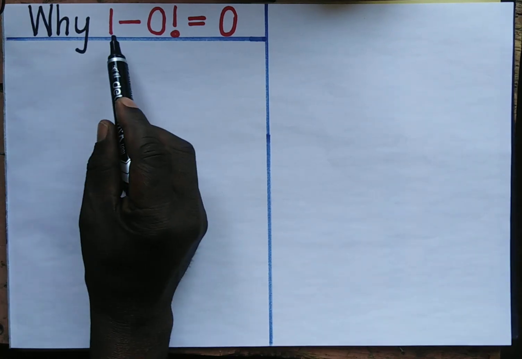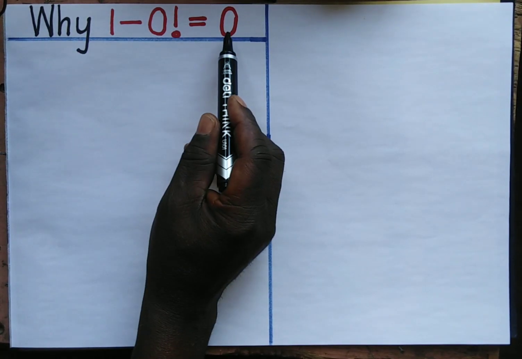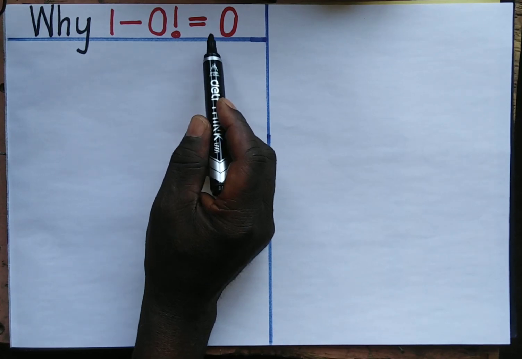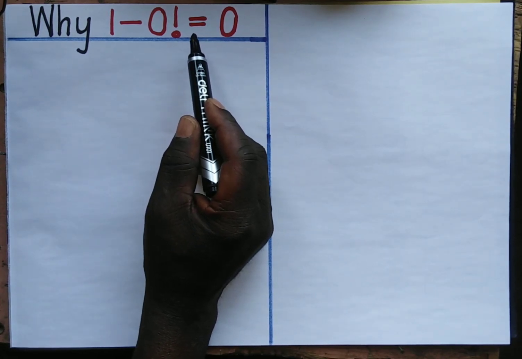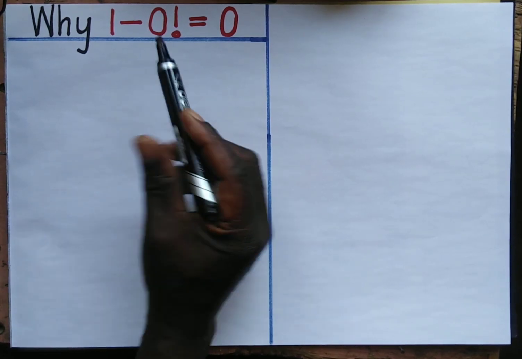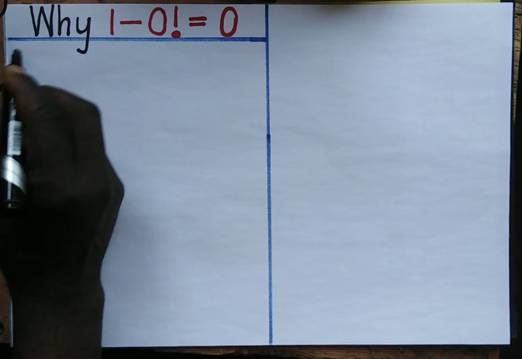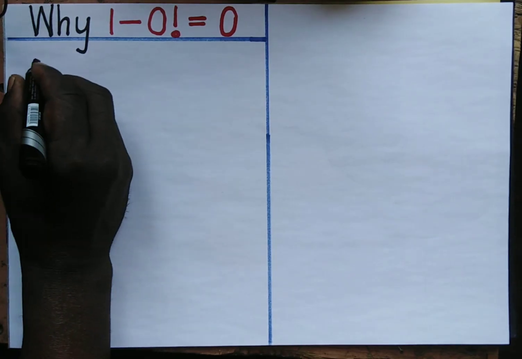Why is 0 factorial equal to 1? Well, before we answer this question, let's sort out a few things. What exactly is factorial? Supposing we have a number n, then n factorial